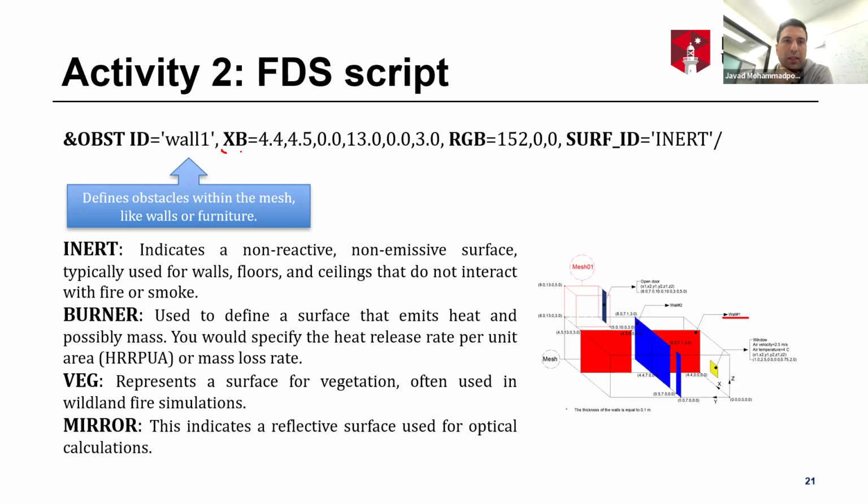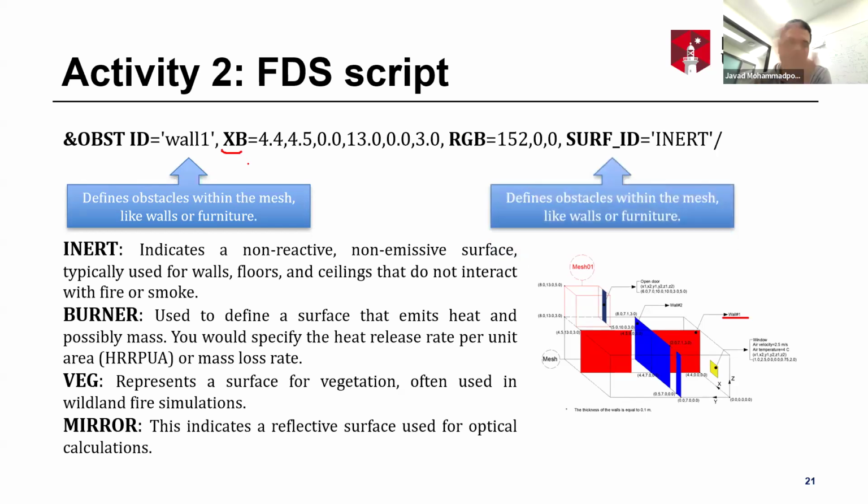For example, the X speed shows the coordinates like the previous slide. So it starts at the minimum point, which is this one, and the maximum point for defining this surface is this one. The minimum X is 4.4, and the maximum X